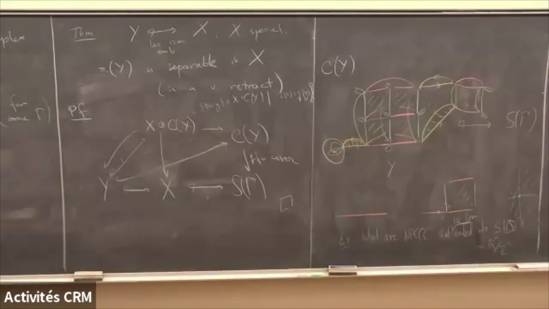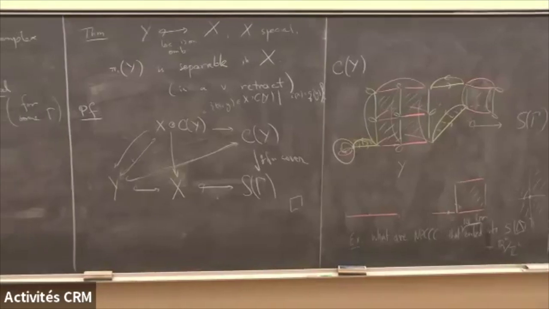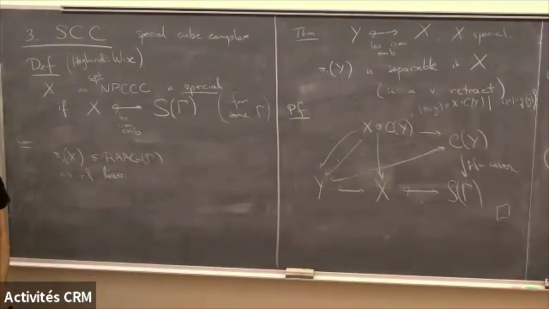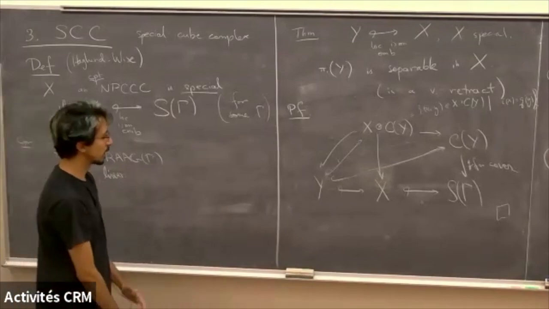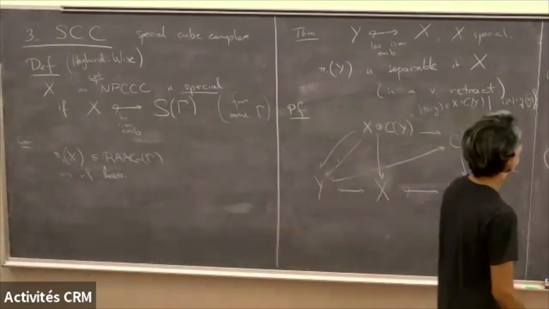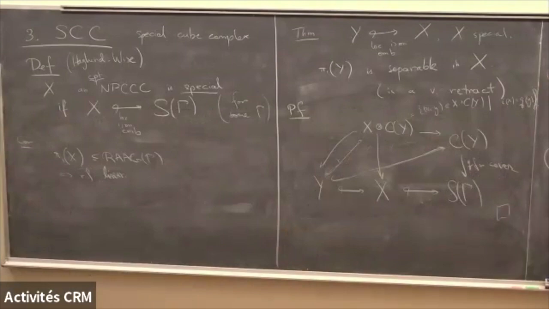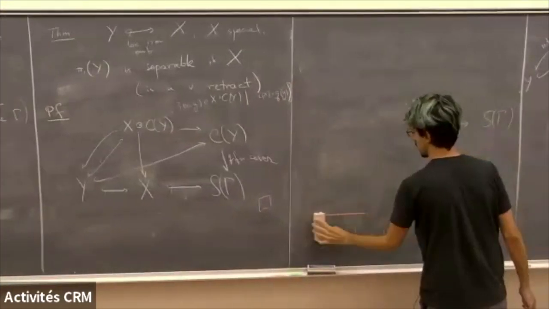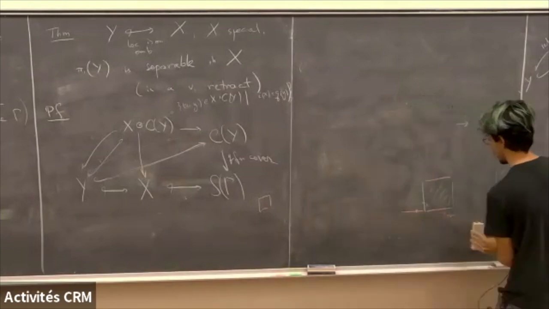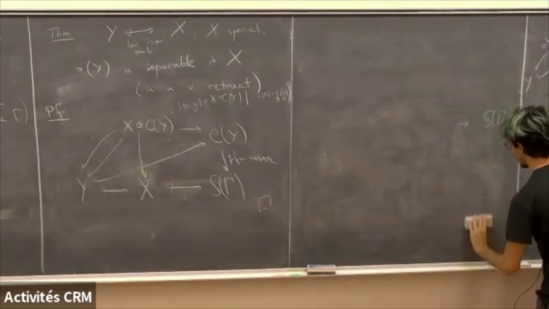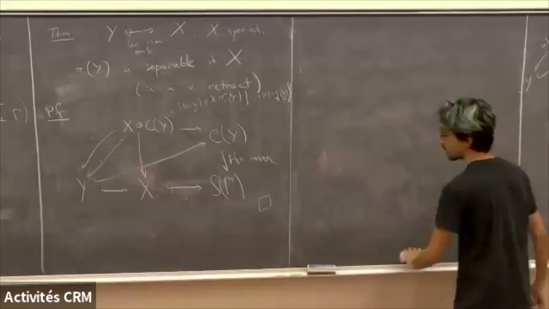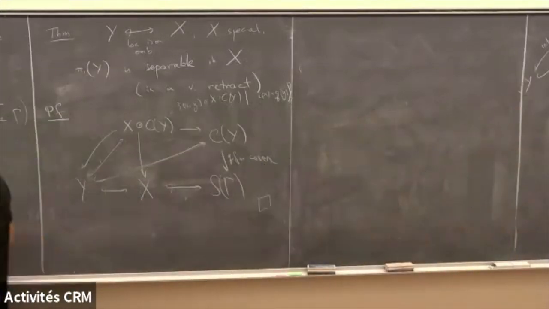So, but yeah, you see, what I basically said here is that if you already know that you're in a Salvetti complex, then you can play this game. It didn't quite improve my situation. But here is where it's really nice. You can actually detect that something is a special cube complex just by looking at its hyperplanes. That's maybe version 2 of this definition. Let's call this maybe version 1.